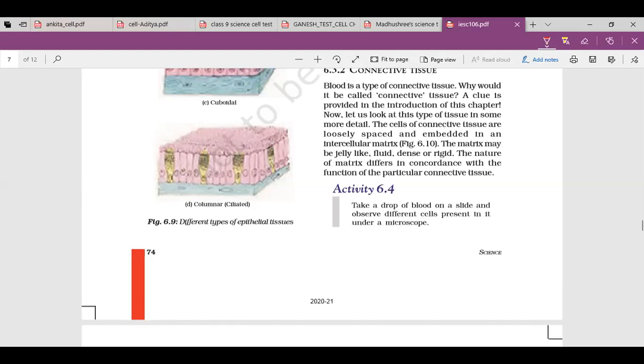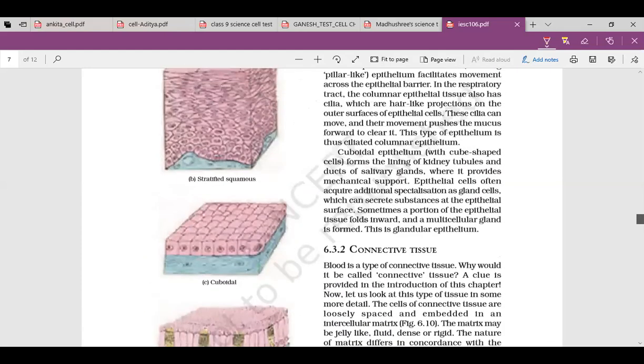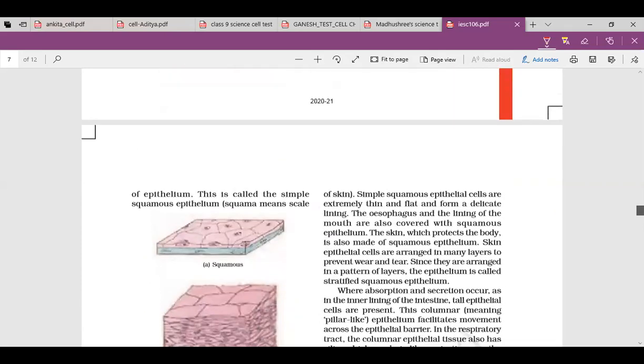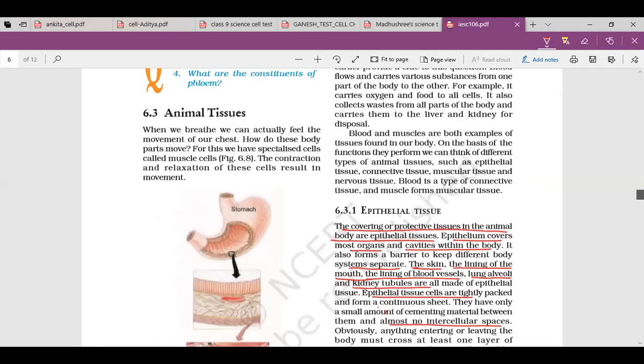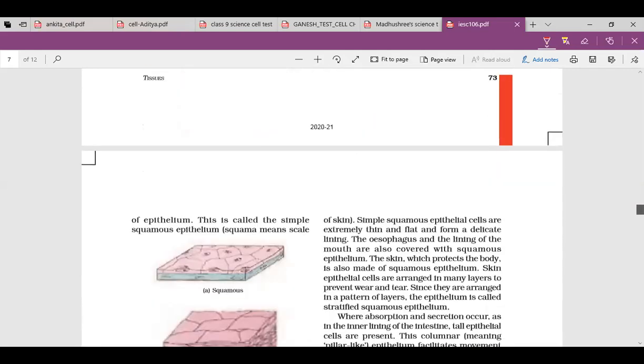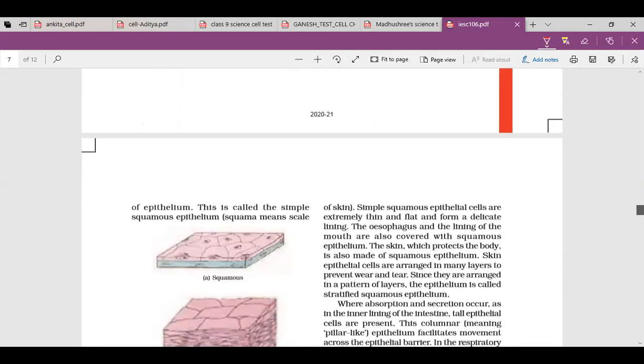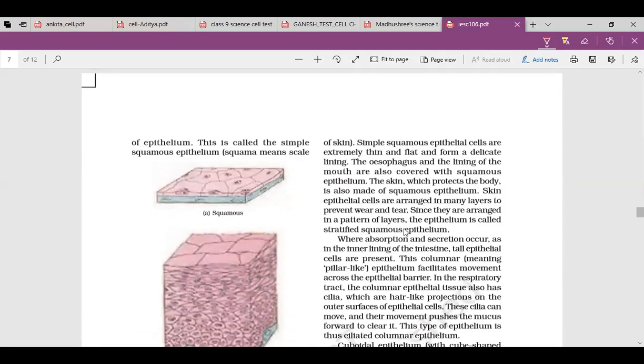Yes, ma'am. We'll study this part next because it is already 4:10 now. So we will do this further. Here you have to remember only the different types of tissues and where they are present. That part is important. Okay, so I will explain in the next class. It is given in this one.